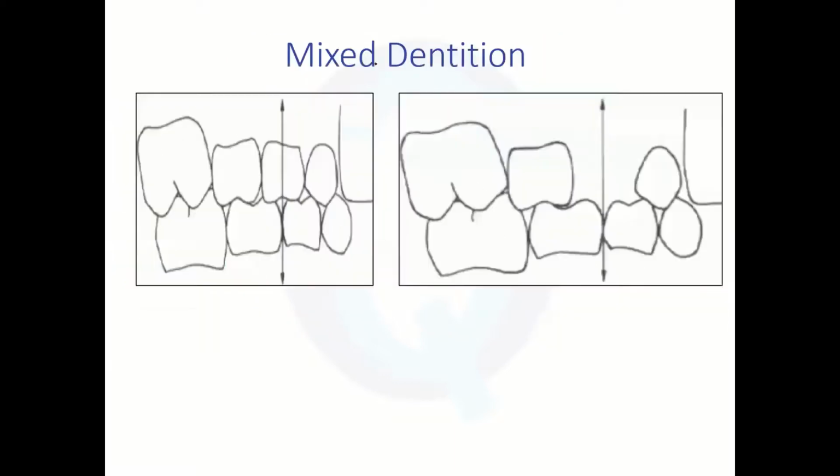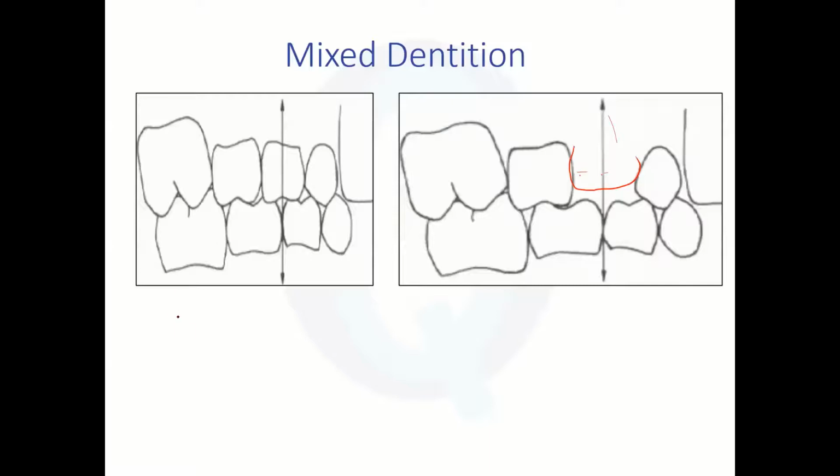Now, what will happen if premolars are not there? You take the midline. If there is no premolar, you just take the bisection of the space. Even if the premolar is not there, you can do this classification by imagining that there was a premolar.